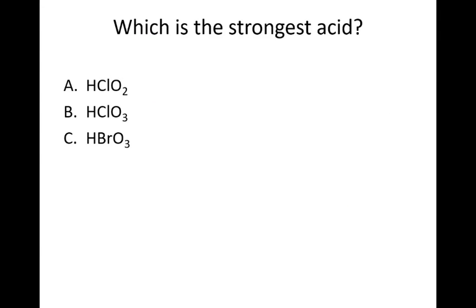Okay, so let's put these together. Which of these three is the strongest acid? We said before that to make a stronger acid, we want to increase the number of oxygens and we want to increase the electronegativity of Y. For the electronegativity of Y, chlorine is more electronegative than bromine. And 3 oxygens is obviously greater than 2. So the strongest acid is going to be the one that has the most oxygens and the most electronegative atom, and so that's going to be